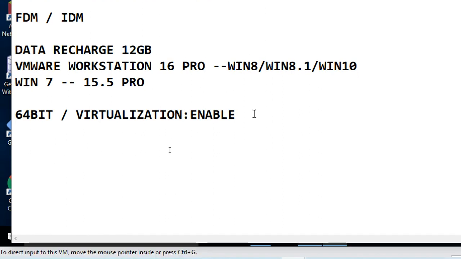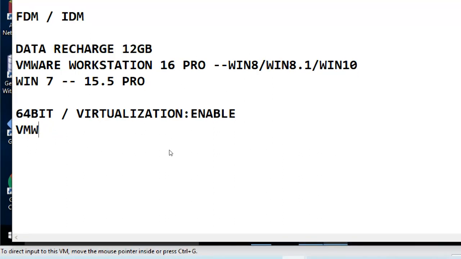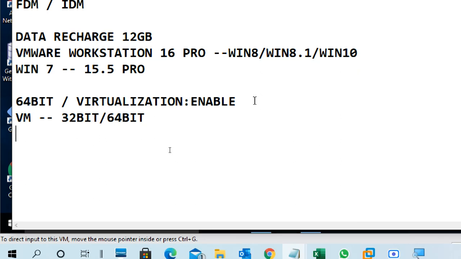So in VMware or VirtualBox, you can create virtual machines. If you are using VirtualBox or VMware Workstation, you can create a virtual machine. What type of virtual machine? 32-bit and 64-bit virtual machines you are able to create. So this is the first point. Understand that you must have a 64-bit PC and virtualization must be enabled, and you can create 32-bit virtual machines and 64-bit virtual machines.